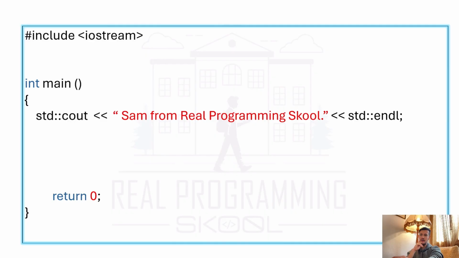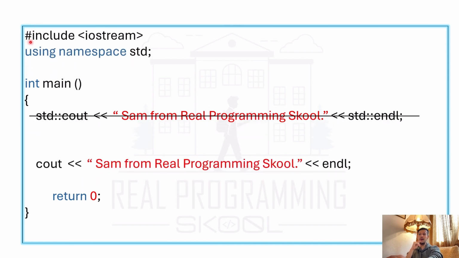All right, so this is our normal program. #include <iostream>, int main function, curly bracket, std::cout to print something like "Hi, I'm Sam from Reprogramming School." And to make a new line, I also need to write std::endl. It's not practical, and it takes a lot of time when you write many lines of code. So to erase it, we should write under the #include <iostream>: using namespace std;